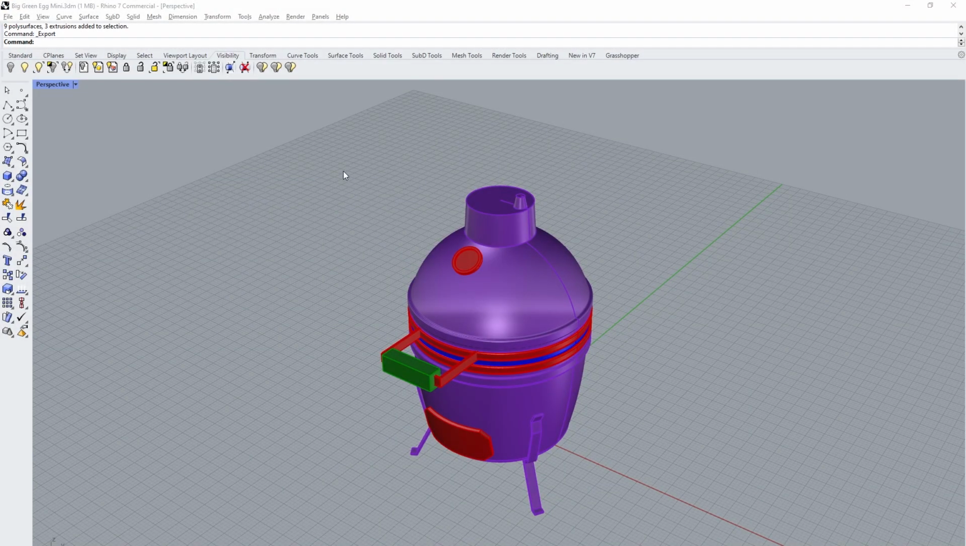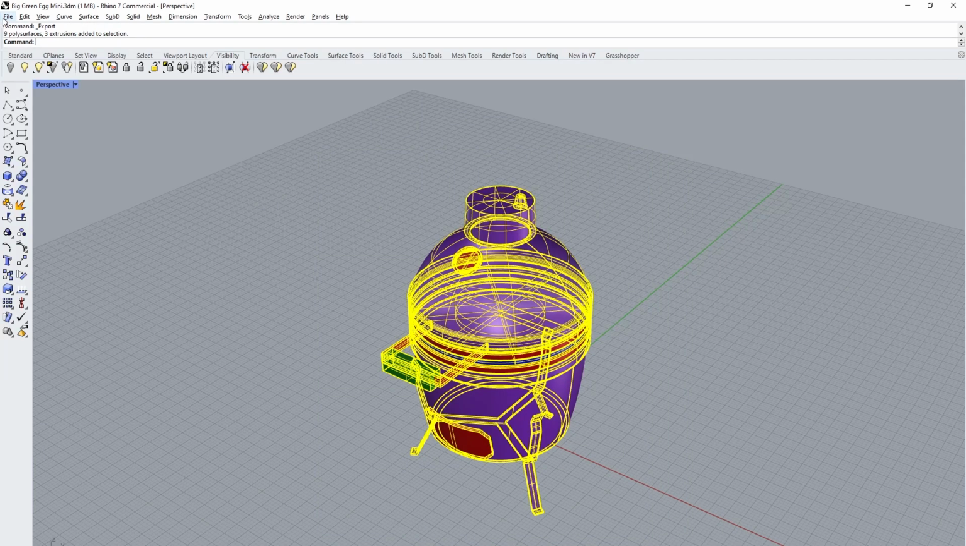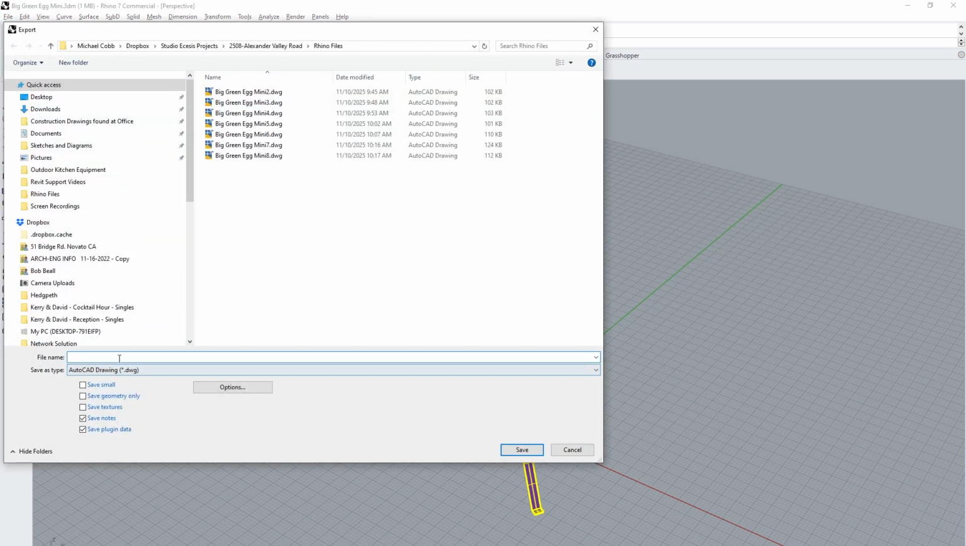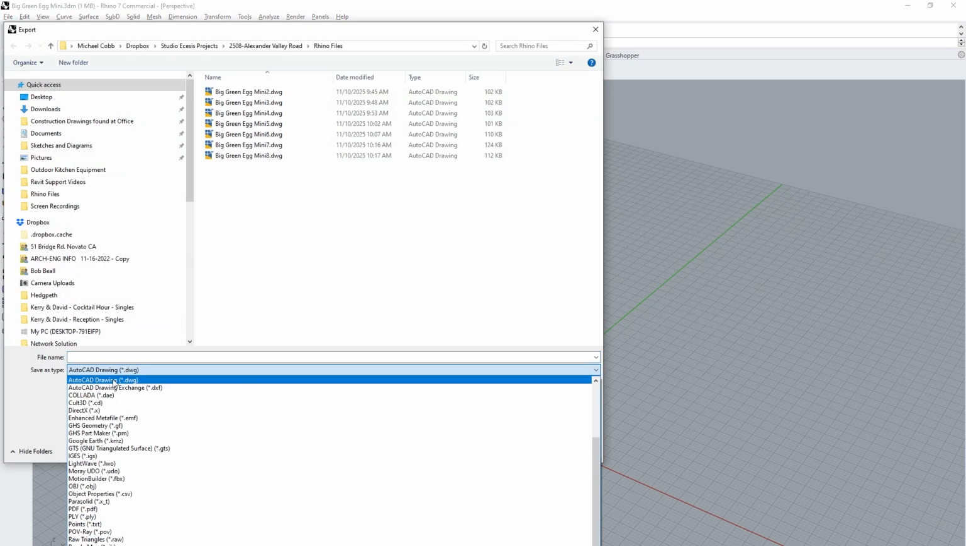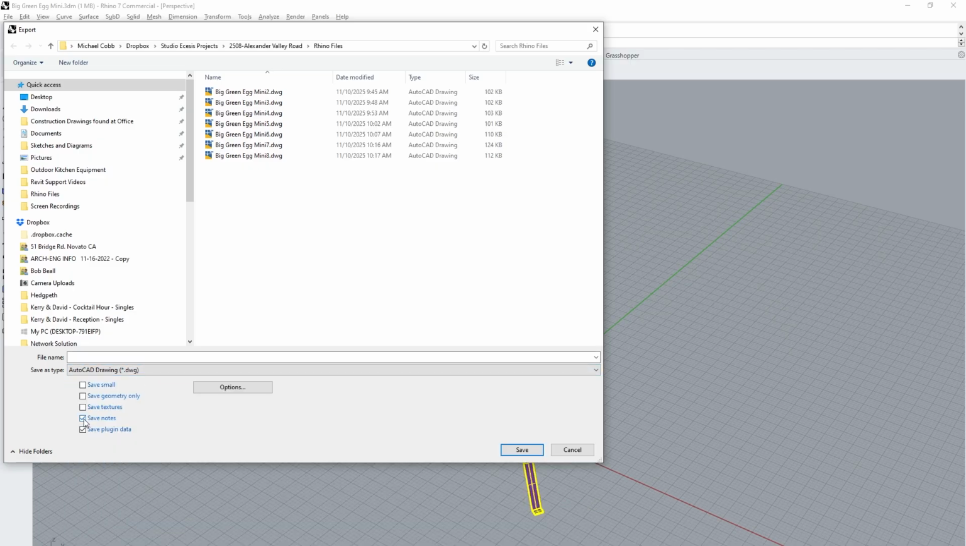I wanted to give a brief aside about the file format that I use to export from Rhino into Revit. What I do is I select the objects I want to export. I go up here, I say export selected, and then you get this dialog box coming up. You want to select the AutoCAD drawing DWG, and I actually get rid of all of the checks in this